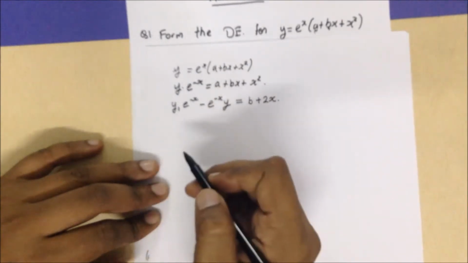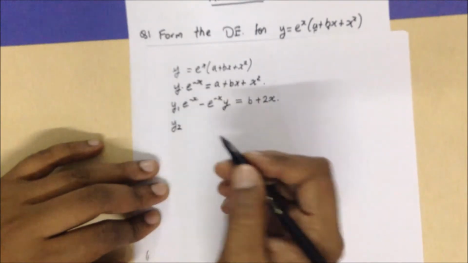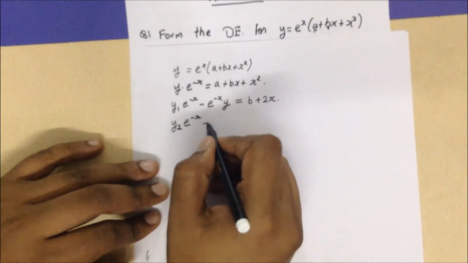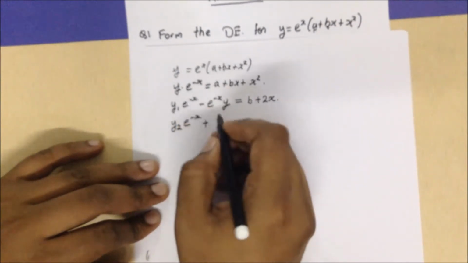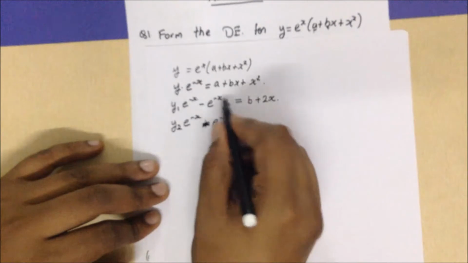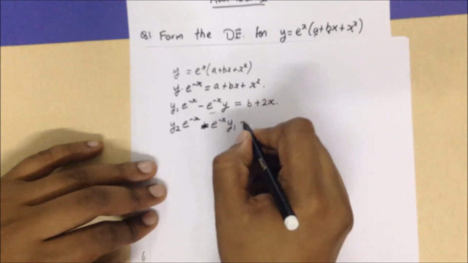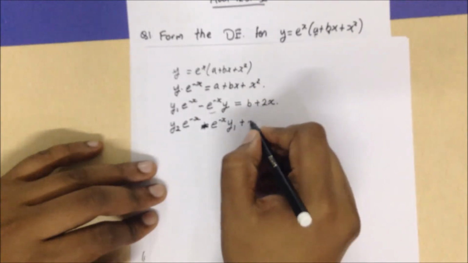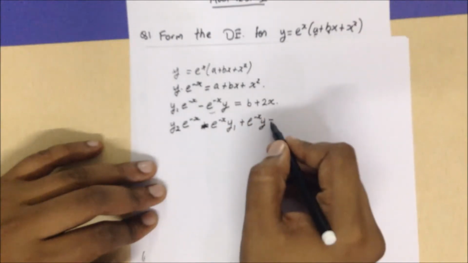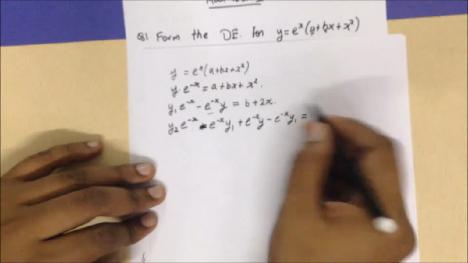Now again you have a uv rule over here, so you will be having a y2, that's the derivative of y1, so it's going to be the second derivative of y into e raised to minus x as it is, plus it's going to be derivative of this. So since it's derivative of e raised to minus x, it's going to be minus e raised to minus x into y1 as it is. Now this again, it's a derivative, so it's a uv rule, so it's going to be e raised to minus x derivative, which is going to give me a plus because this is already a minus present, so e raised to minus x into y, and derivative of that, since there is a minus present, it's going to be a minus of that, e raised to minus x into y1 is equal to, now the b gets removed, so it's